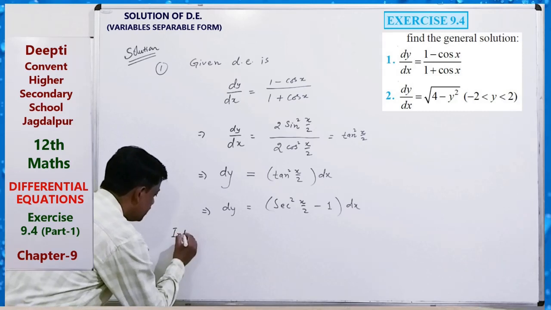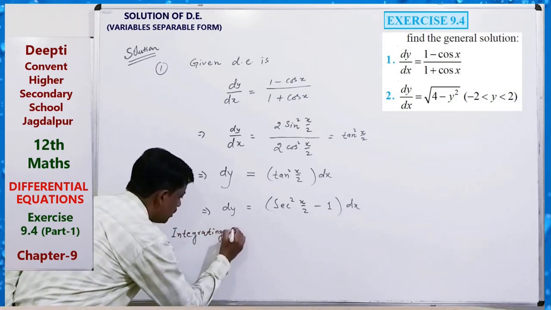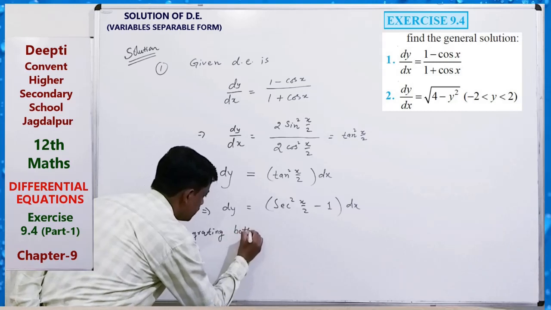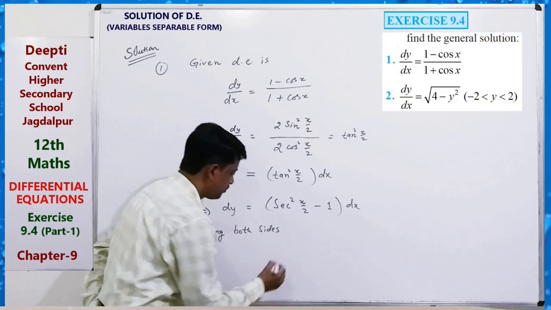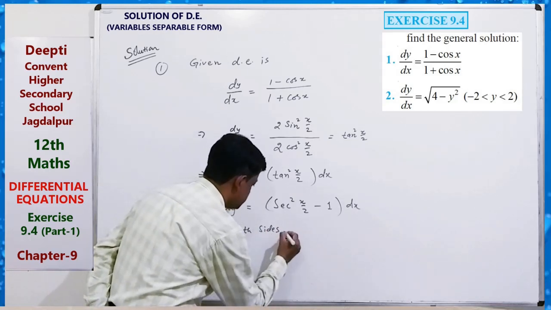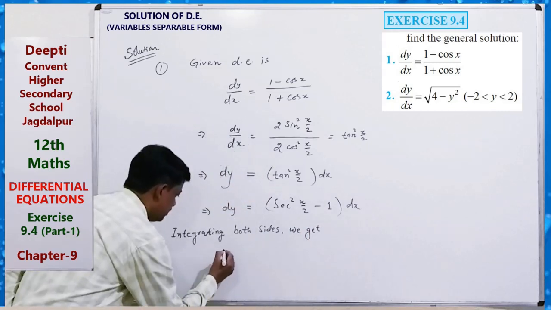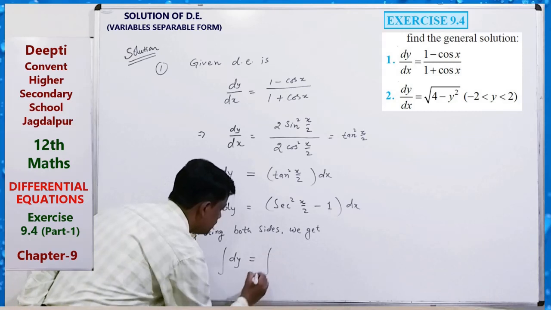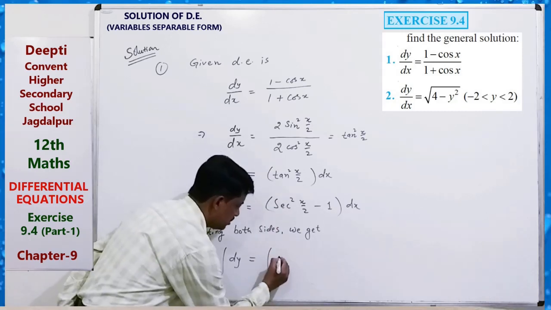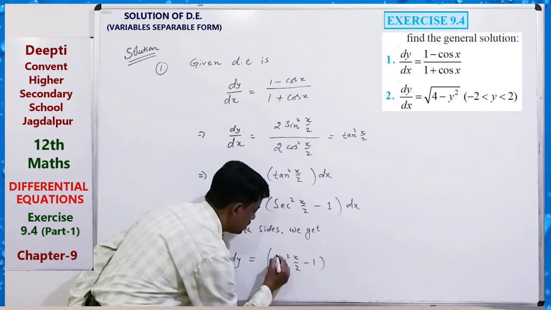So integrating both sides with respect to x, we get the integration of dy equals the integration of sec square x by 2 minus 1 dx